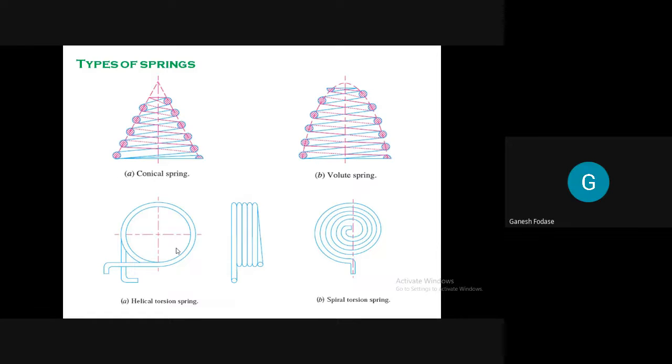Okay. Any particular application I'm asking? These two, these are widely used. You might have seen them at many places. Sir, helical torsion spring is used in the gym for fixing the weights to the bar. Okay, fixing the weights. Where is it? At the end. Yes, yes, at the end. Hello. At the end, sir. Okay.